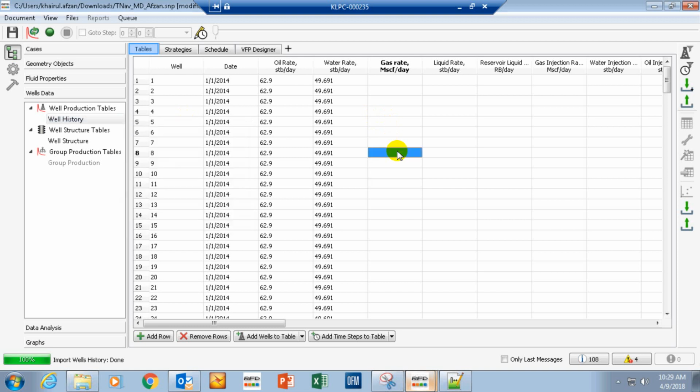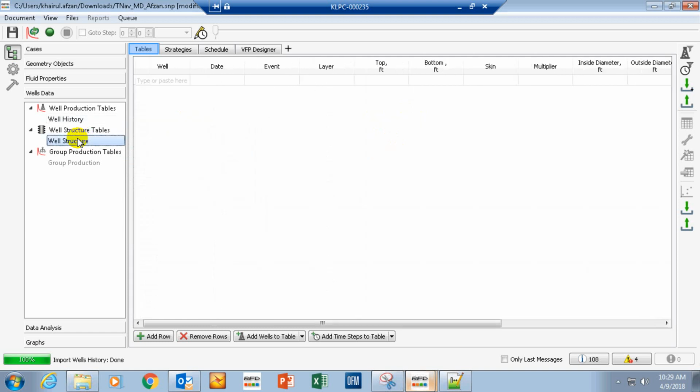Okay, now structure. Structure is your perforation, tubing, and everything else. Before we go into this one, what I want to show is just import. What I want to show here is also how to draw the well structure. Yes, but then you don't have wells. You already have a well because the well is captured inside Rescue. Correct. But logs, we don't have logs. Then how are you going to set your